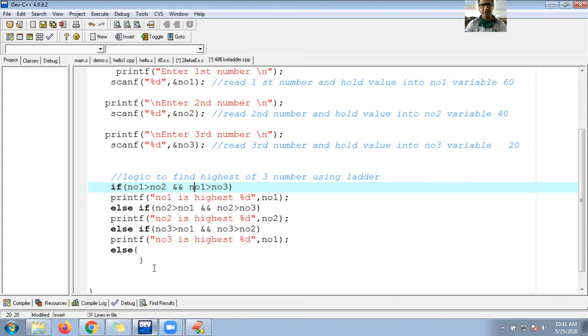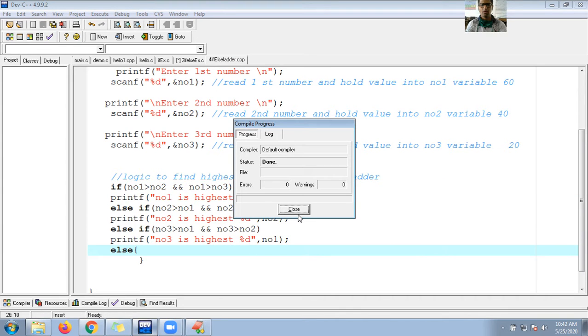So save the program. Saved. So compile. Done. Actually, let me write here what I usually write: int. Yes, I usually write int here.